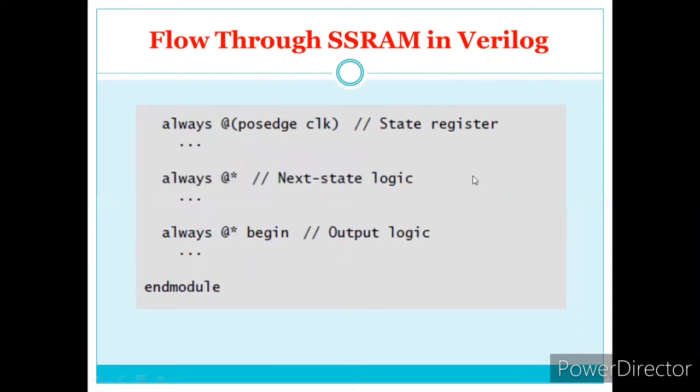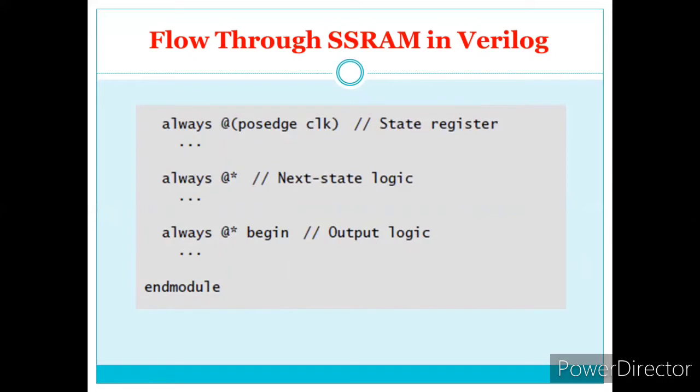Next we write another always block to check the state of the registers. Here we have not written the exact program because we are not dealing with it in depth. You can write it at the positive edge of the clock, with an always block for next state logic and another for output logic, then end module. So this is a draft program that we have written for the given function Y = Ci × X².